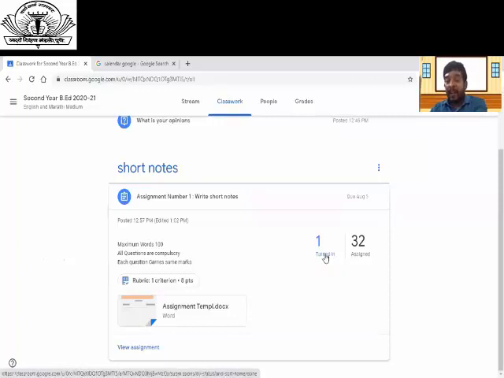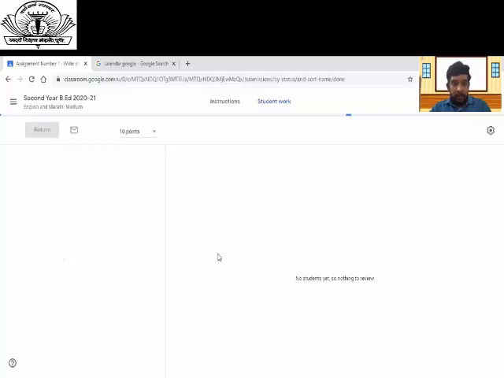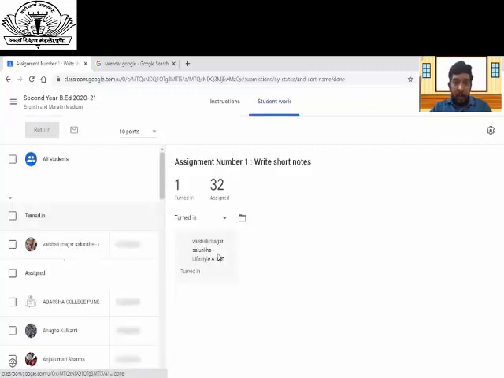If I click on this one, Vaishali Magar Salunke, she has completed the assignment. You can see how many students and who has completed the assignment. She has downloaded that document file.